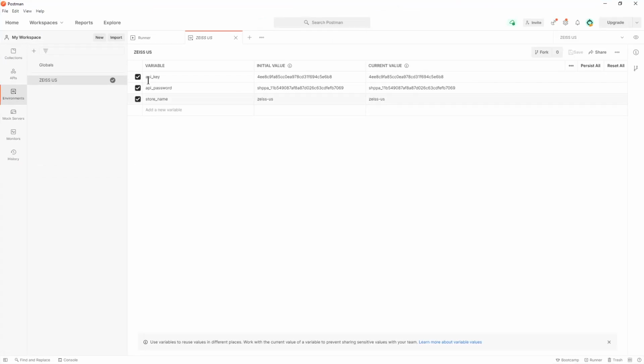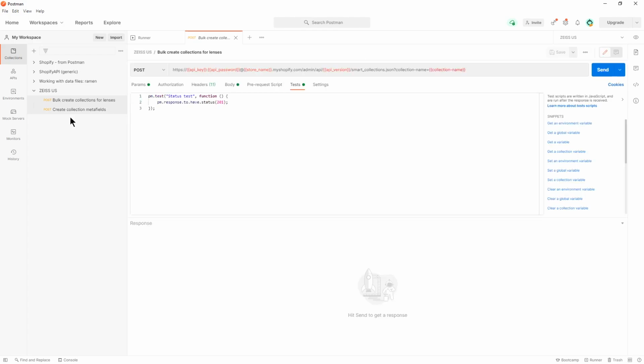And those parameters, API key, API password, store name, if we go back to our collections and look at our post for creating the collections in bulk create collections for lenses, right up here you see API password as a field, store name as a field, API version. So now I've defined at the environment level 4 of the parameters that you see up here in the post command. Now the original template that I had started from, and let me actually show that to you